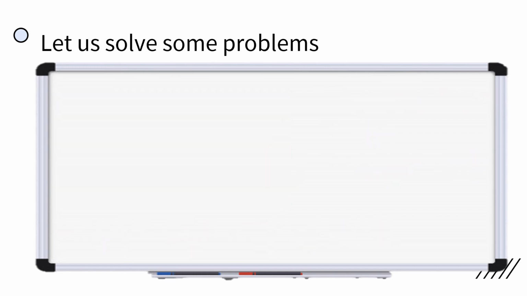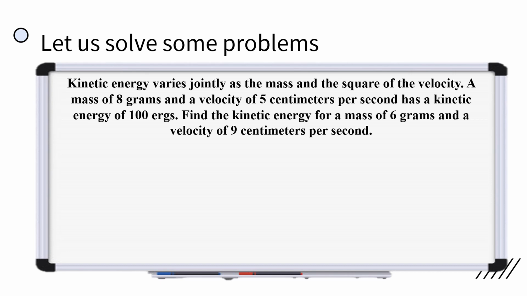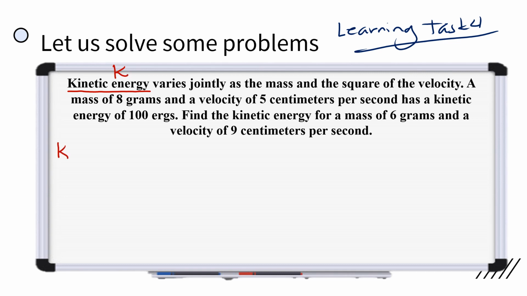Ngayon, let us solve some problems. Kasi para naman to doon sa learning task 4. Para masagutan natin yung learning task 4. So, katulad ng nasa direct and inverse, i-rewrite muna natin to into equation. So, we have here the kinetic energy. So, sabihin na natin K lang. So, the kinetic energy K varies jointly. Ay, wag lang nga kaya natin K. Let's change it into E. Kasi K nga pala yung constant natin. So, the kinetic energy E